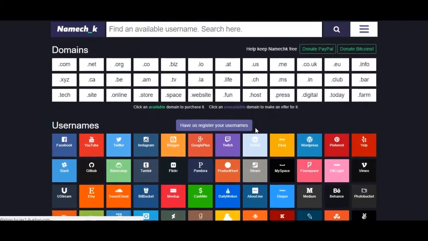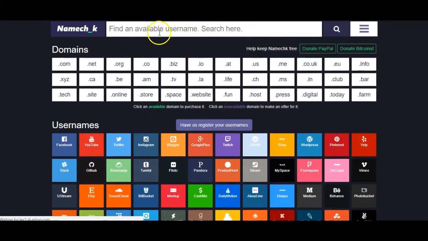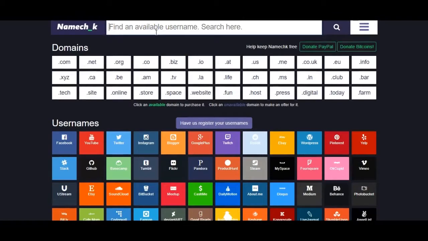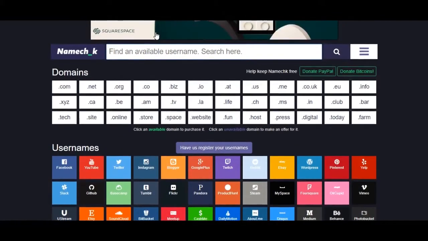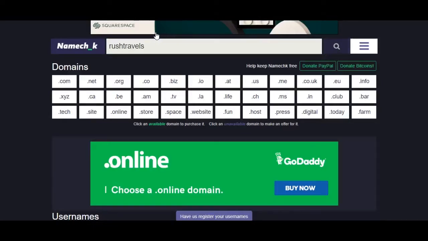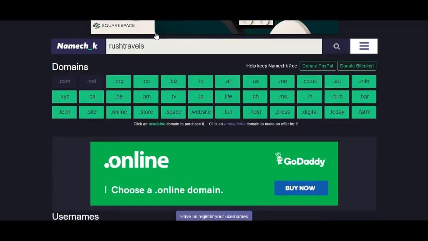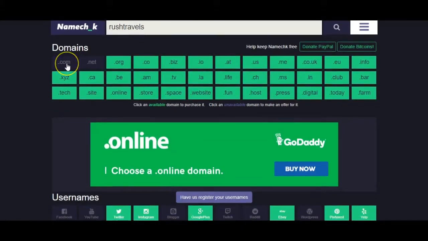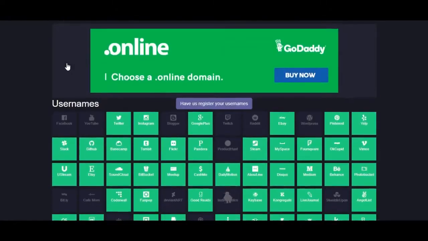I came up with rushbeyond.com for my username or my domain name, but for this example, I'm just going to pick some random examples. Say I use Rush Travels, and then that's all you have to type in. You don't have to type in .com. Say I wanted this domain and username, and you can see right away I hit enter. The domain rushtravels.com is unavailable.